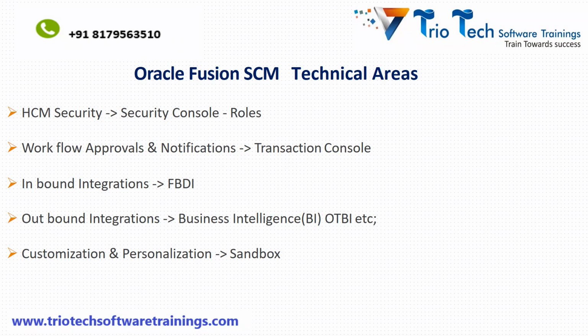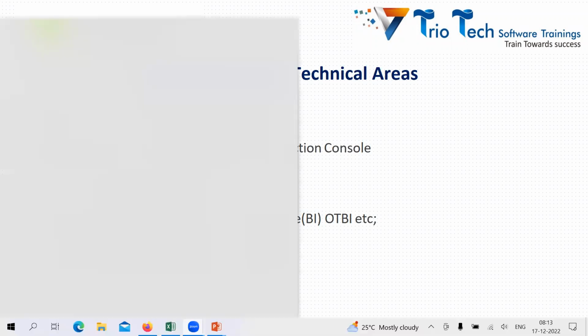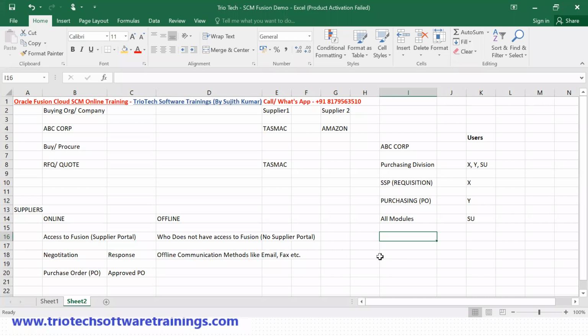Now, what is FBDI? Why are we using it? Assume that the company has bought Oracle Fusion, but currently they are using some other system. Now they want to move the data, master data. I'm just taking a small example of master data. Whenever we talk about master data,